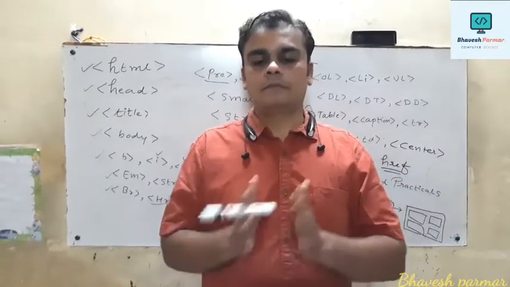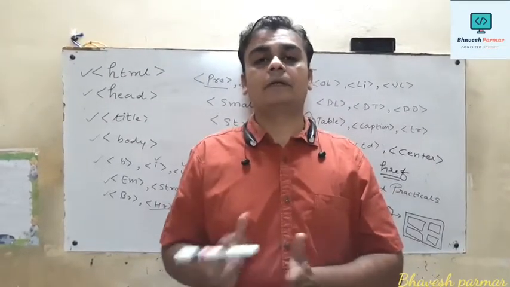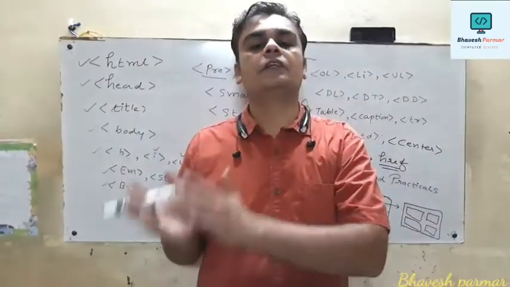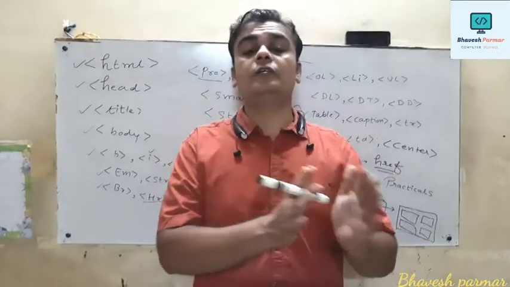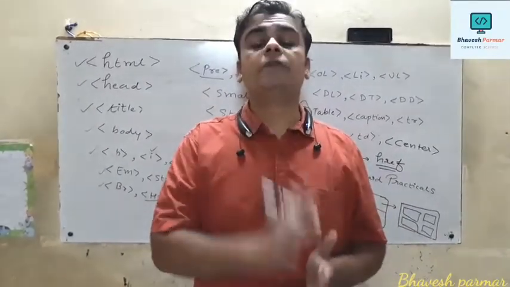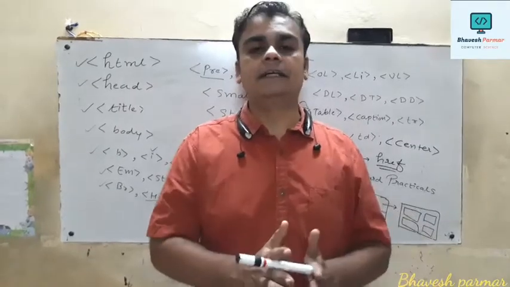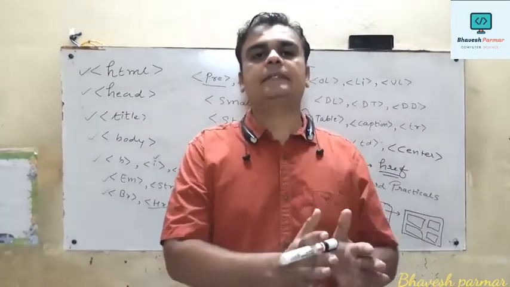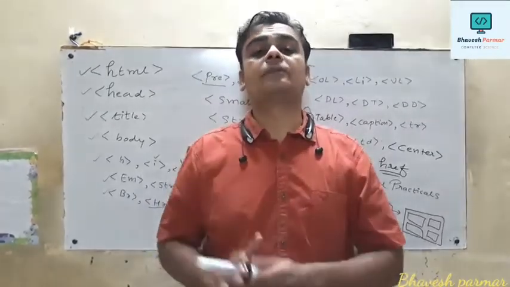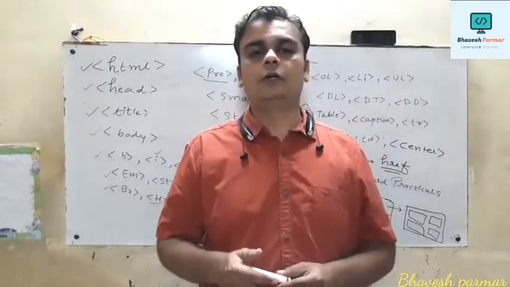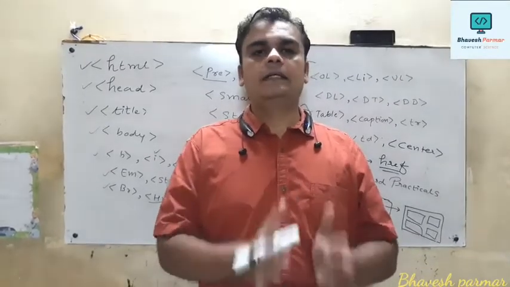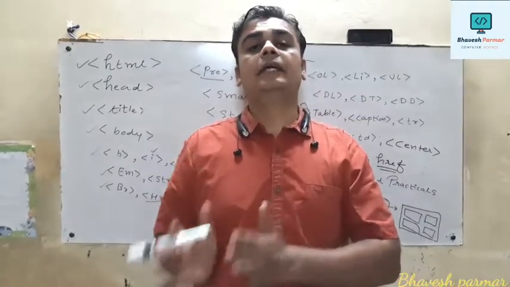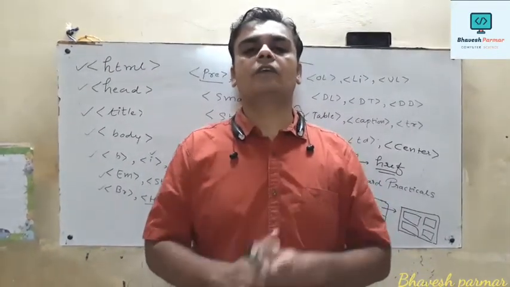The second type is image by image link. In that case, what happens? An image is used as a hyperlink. Whenever I click on that image, another image will open, or you may use the same image with a different size by using the height and width attributes. And the third one is what? We can connect our web page with different types of documents. As I already told you, PDF, .doc, PPT, XLS, these are the various formats I use to link the web page with.